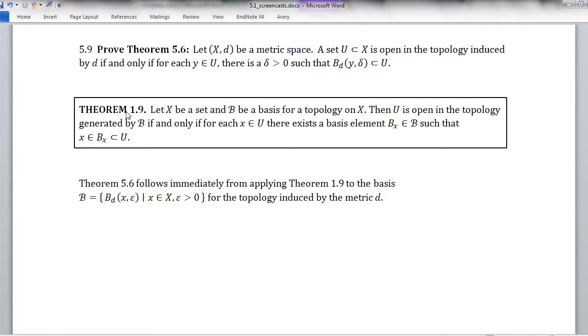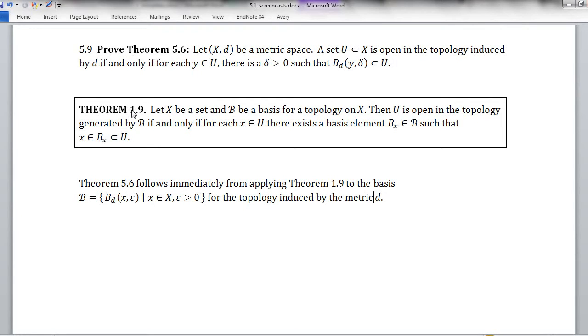Now, we had theorem 1.9, which sounds very similar. Let X be a set and B be a basis for a topology on X, then U is open in the topology generated by B if and only if for every X in U there exists a basis element B sub X in B such that that basis element contains X, it's a neighborhood of X, and it's contained in this U. So, really, the thing they're asking us to prove is a special case of theorem 1.9